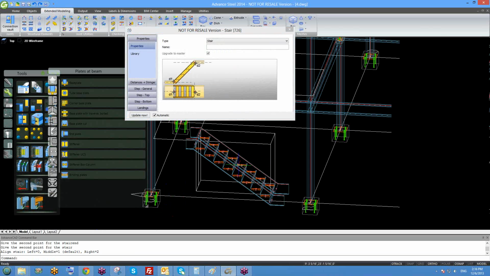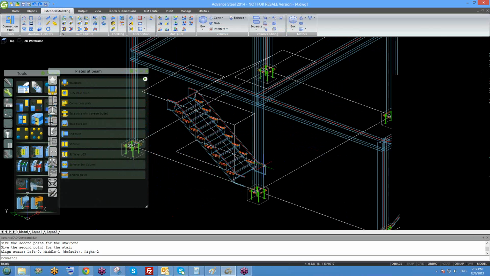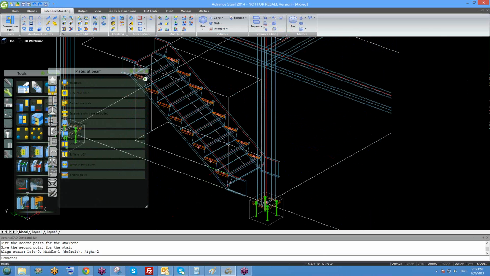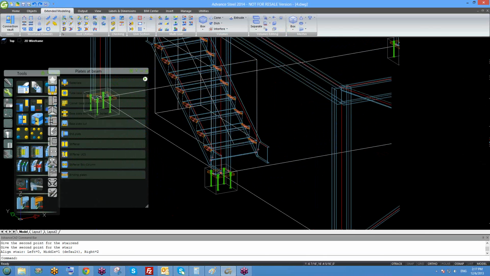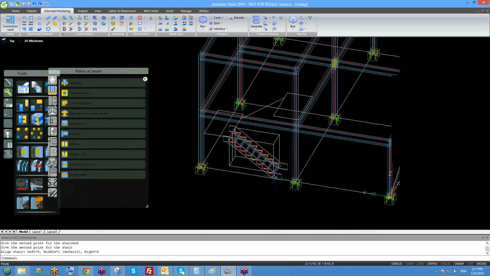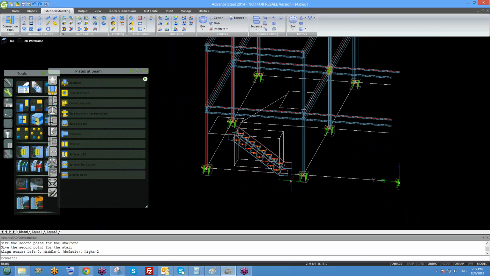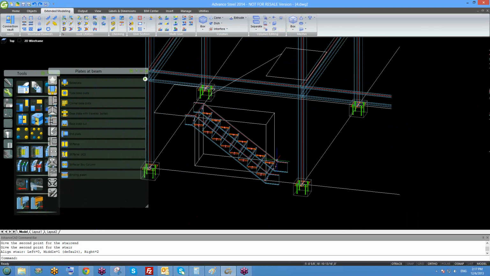It brings up this dialog box. I'm going to exit out of that at the moment. So take a look here. I have half of my stairway on the left and the other half on the right. So I've got this stair put in. We're going to take a look at the dialog box, but at the moment